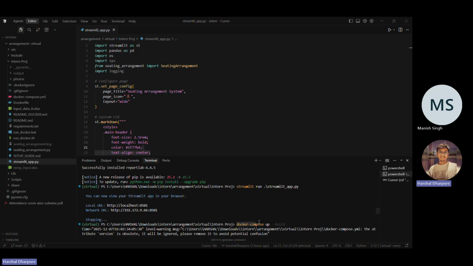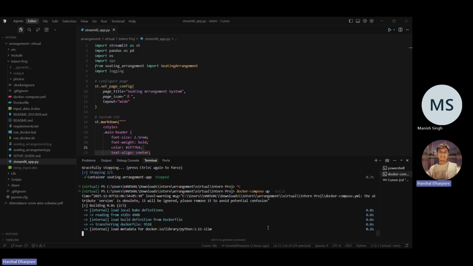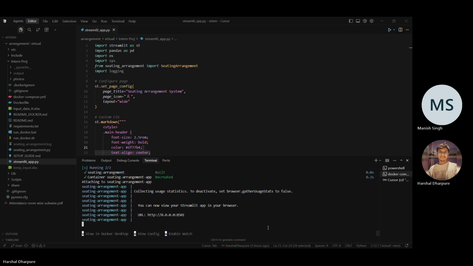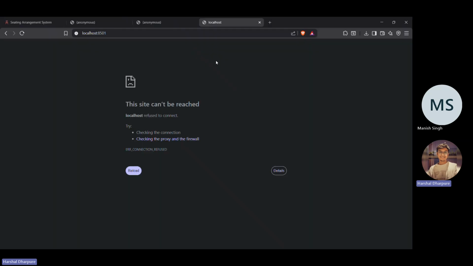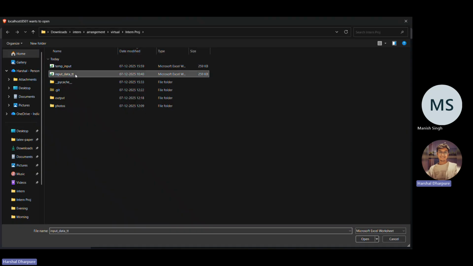Let me check. Is the port empty? Yes, the port is already empty. Okay. I guess it will run now. Yes, we can see our application is live. I guess we had stopped that application, that's why. So from here we can give input to this input directory,